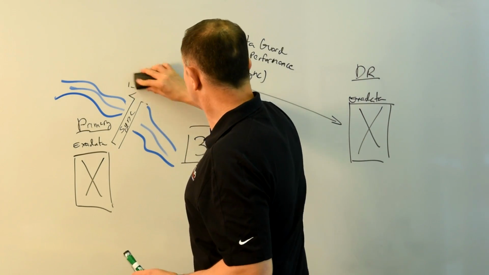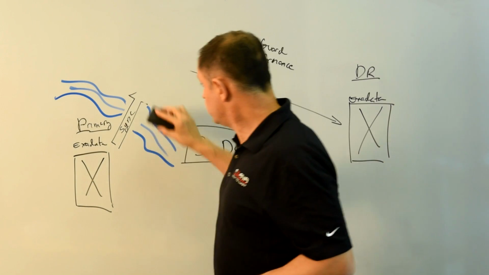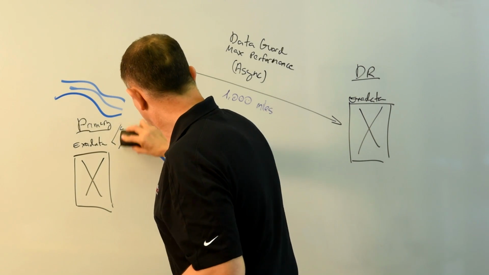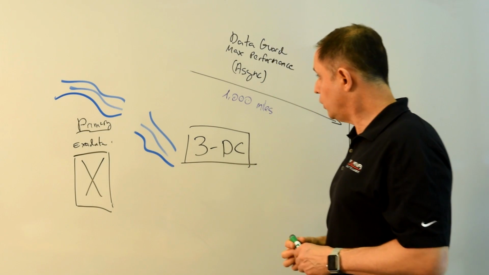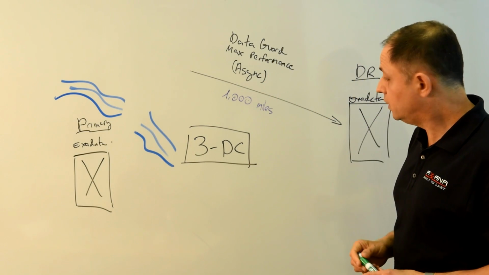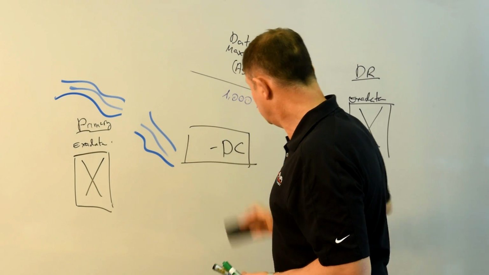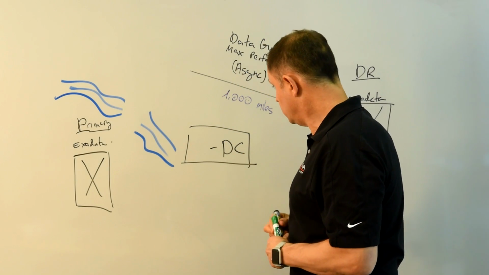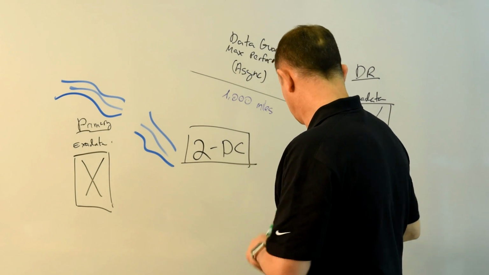Let's get rid of the nearby data center. That's actually the bulk of the cost. Let's let the river flow and get rid of that synchronous line. Let's turn the 3 data center scenario into a simple 2 data center scenario